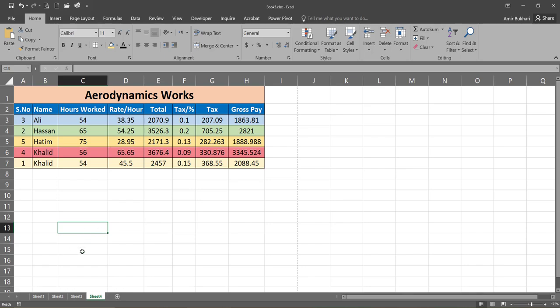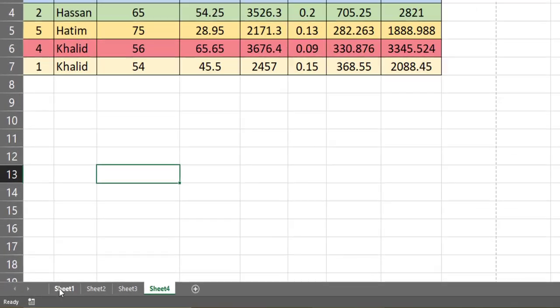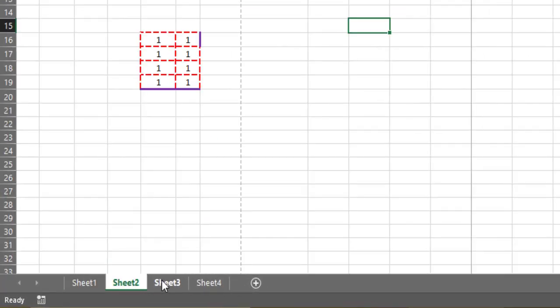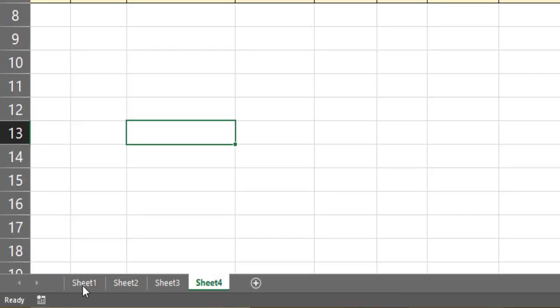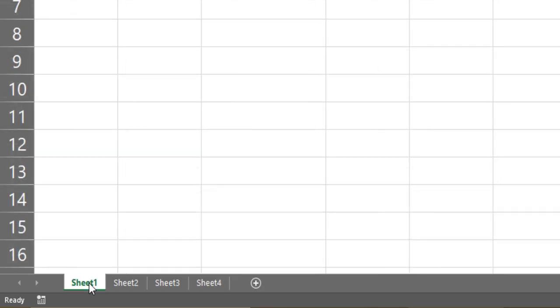Here we will see how to rename sheets. Like here we have sheet 1, sheet 2, sheet 3 and sheet 4. These are the default names given to these sheets, but we can rename them.